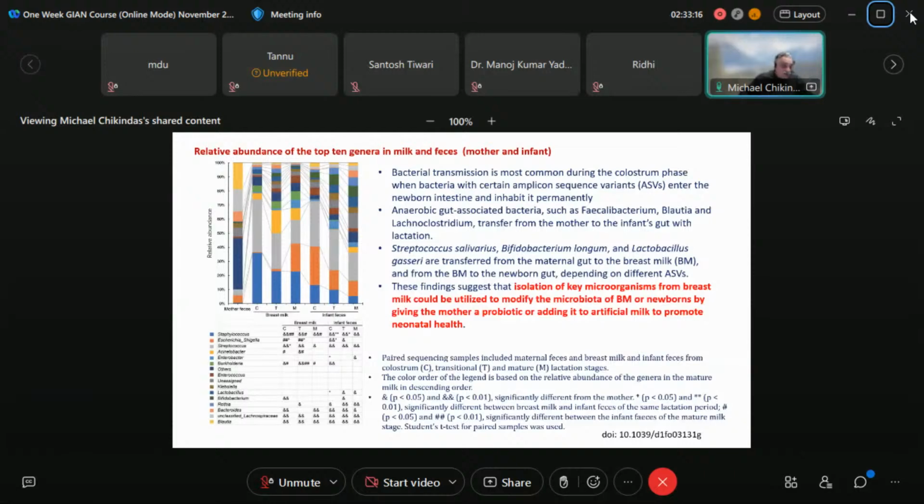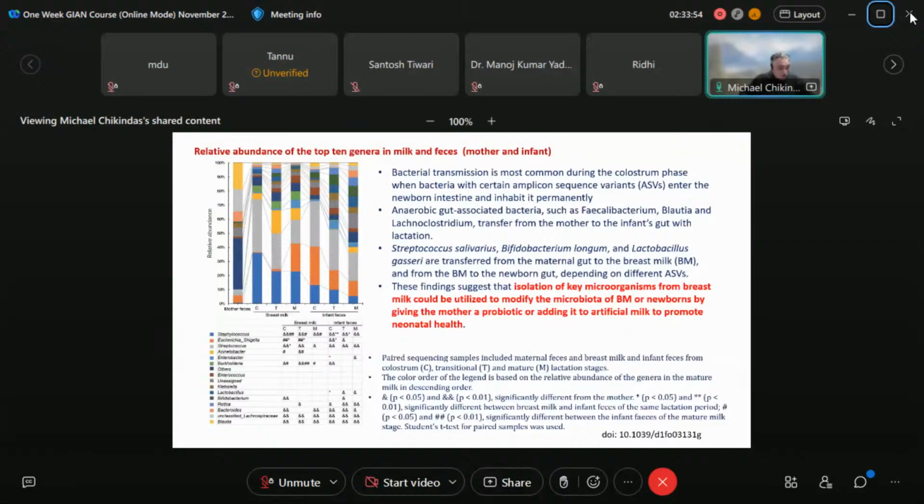The second important take-home message is that the anaerobic microorganisms associated with the gut environment, such as Bacillobacterium, Lautia, some others, they can be and they are transferred from the mother to the infant with the milk. Strep salivarius, we were talking about these microorganisms. Bifidobacterium and lactobacilli are transferred with the milk, and I probably should add here that some of the lactobacilli can